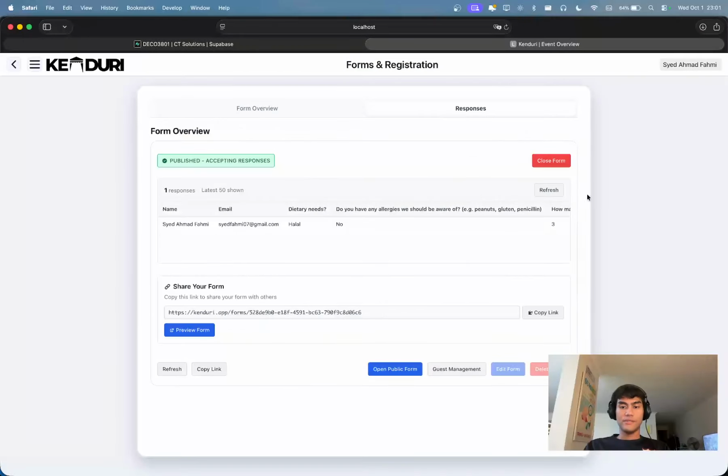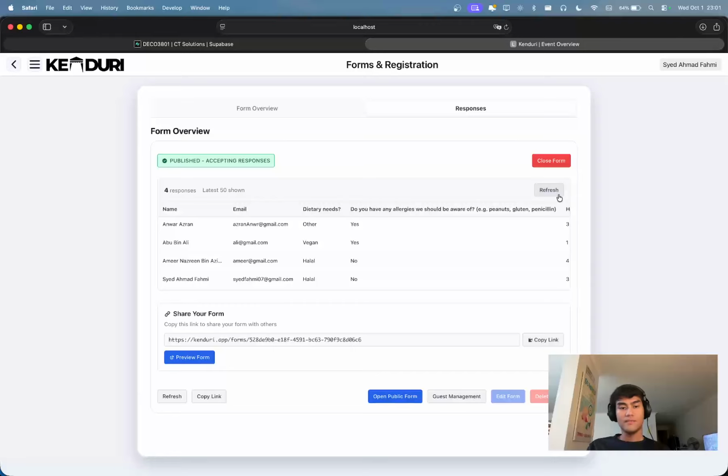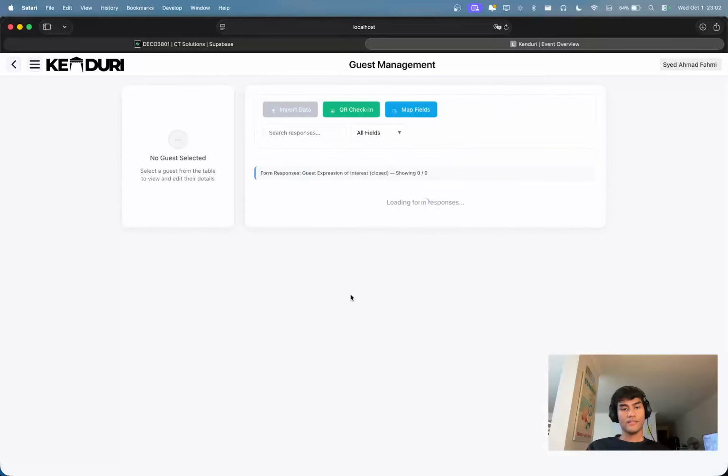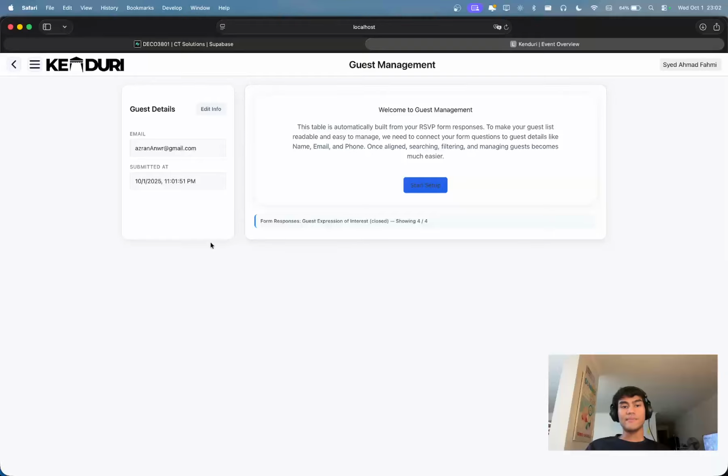So if we look at our responses tab, now we have 4 responses. And yeah, let's close the form and let's go to our guest management. So in the guest management, I've set up something that will at least help our event organizer to be more